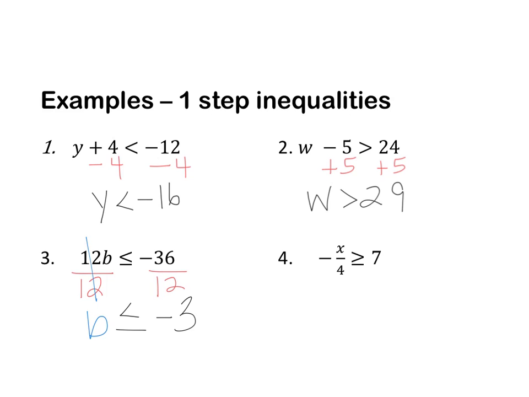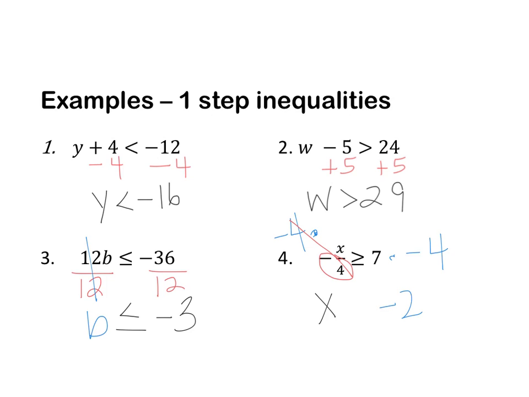Number 4, this is division, and to undo division, I have to do multiplication. I do the opposite, but if you'll look here, I have a negative in front of here, so that means I have got to multiply both sides by negative 4. Oops, let me erase that because I wrote that wrong. Alright, so I'm multiplying by negative 4. Over here, my 4's cancel out, and I am left with just the x, and I'll leave the inequality symbol for just a minute, and I multiply my negative 4 by 7,